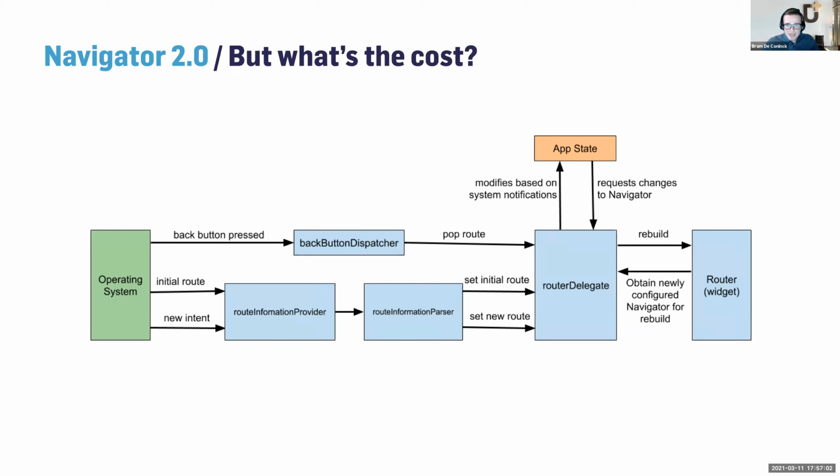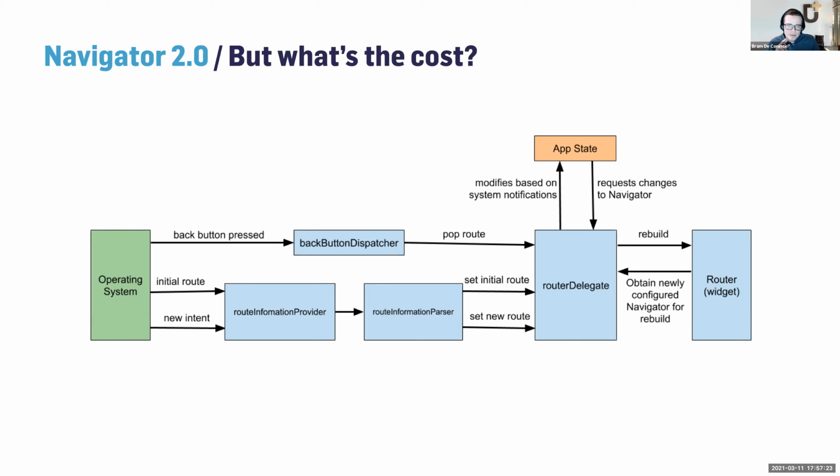Yeah, this looks pretty complex. Navigator 2.0 is pretty complex, but I'll try to explain it to you as easily as possible. So you have the operating system. This can be Android, iOS, web, macOS, doesn't really matter. And then you can pass the initial routes, or when a navigation event occurs, a new intent to the route